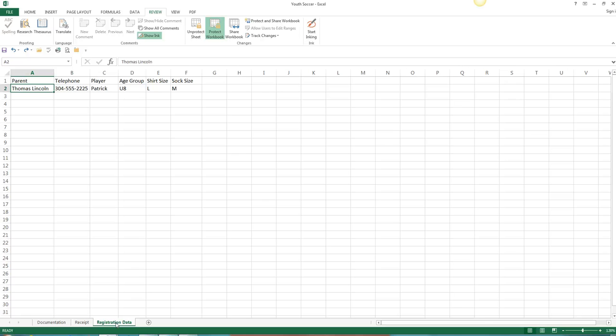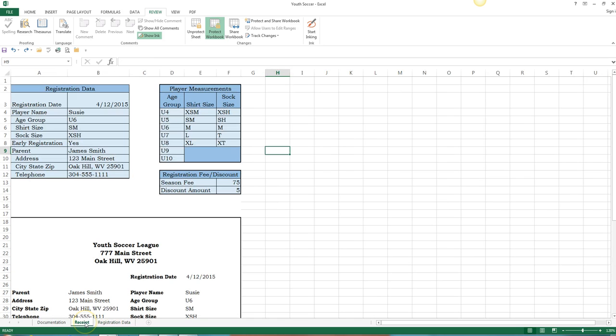All right, now read about unprotecting a worksheet and a workbook, because we have a lot of work left to do in this worksheet and workbook, so I have a feeling we need to make sure that we can actually do our work and unprotect everything. On the top of page 425, to turn off worksheet protection for the Receipts worksheet, go to the Receipt worksheet. On the Review tab in the Changes group, click the Unprotect Sheet button. That's it. That's all you had to do. All right. You are ready to save this file and